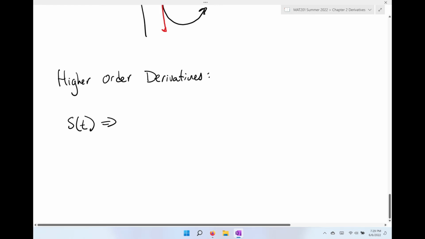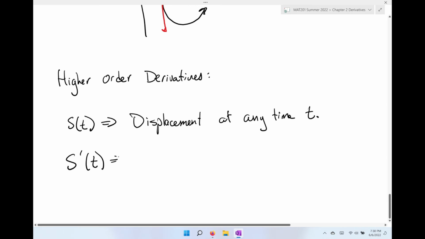You are given a function s of t. Now, s of t stands for the displacement at any time, and we call that t. If you were to take the derivative of displacement, that will equal v of t, which is our velocity at any time